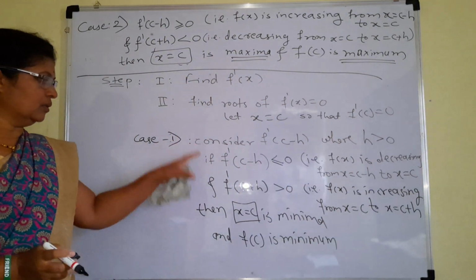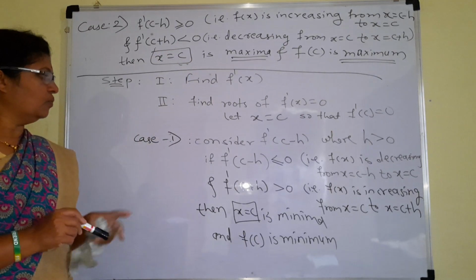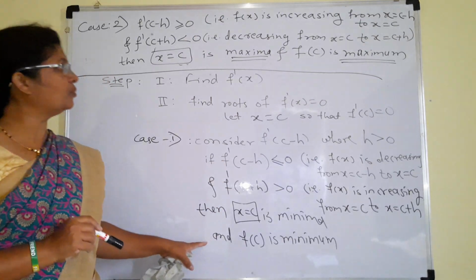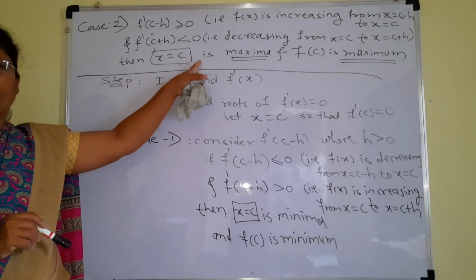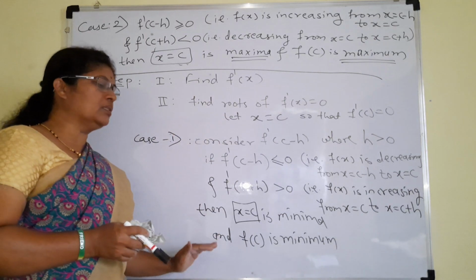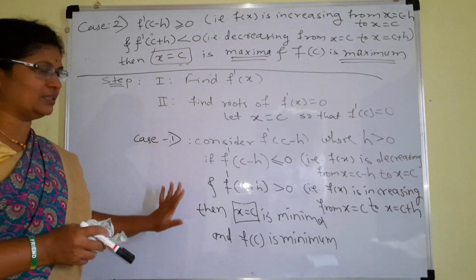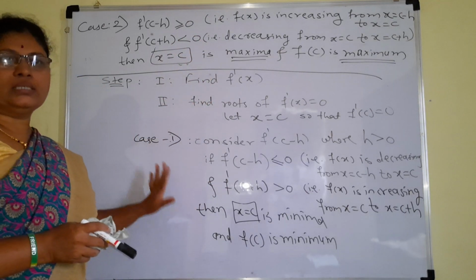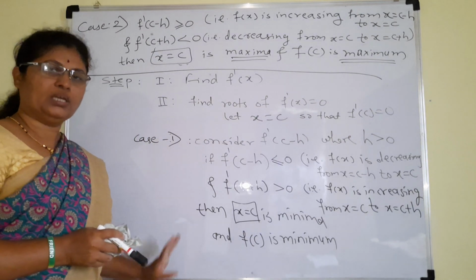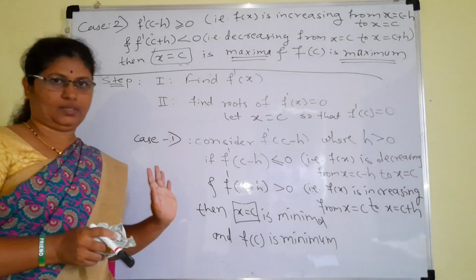Okay, so we got this minimum value and maximum value. How did we obtain this? We obtained it by only the first order derivative. Here we have taken the first order derivative, and here also. Got it? After this, now we will consider the second order derivative test. You just have to understand this. It is not necessary to find the maximum or minimum by using the first order derivative test. In general, we will use the second order derivative test. That is quite simple compared to this one. Okay.